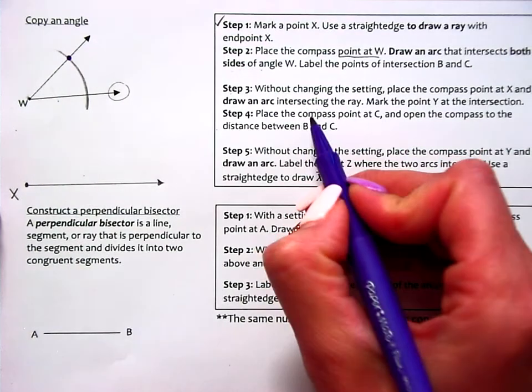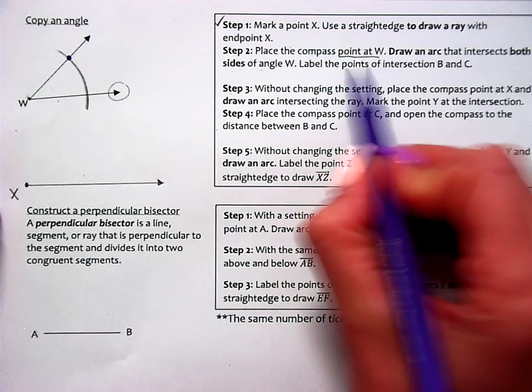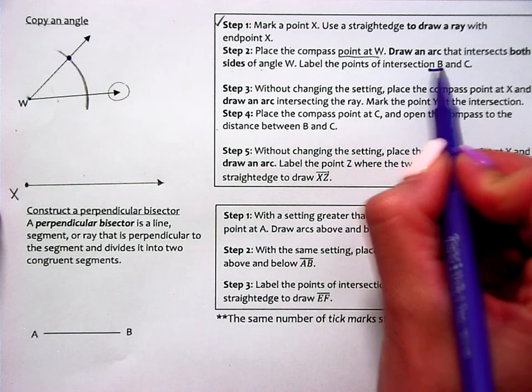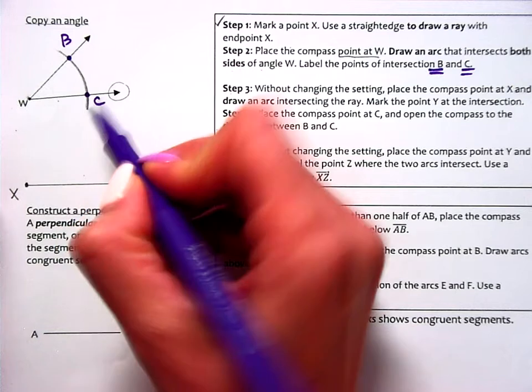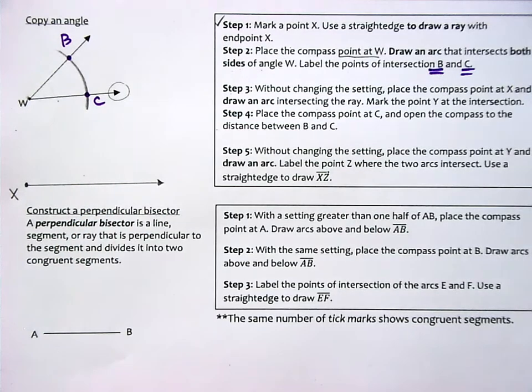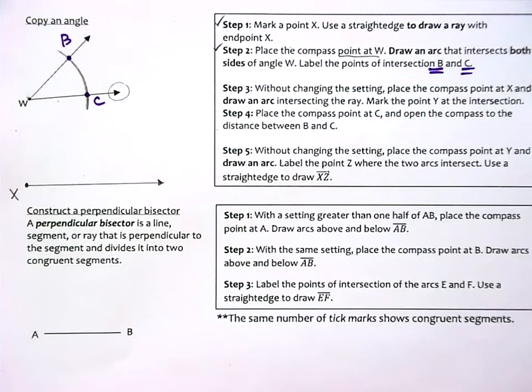It does say, label the points of intersection B and C. So here's B and C. Step 2 is complete. Step 3,